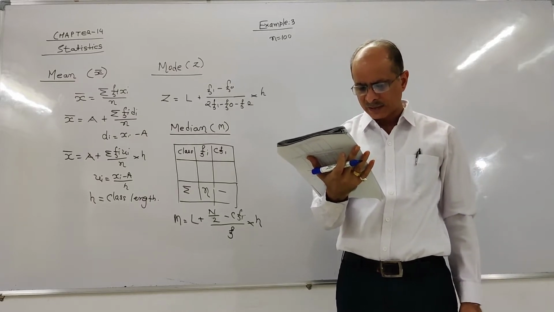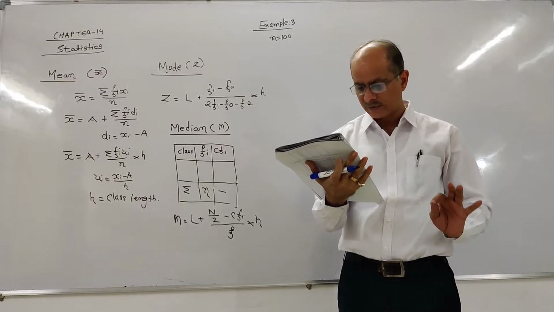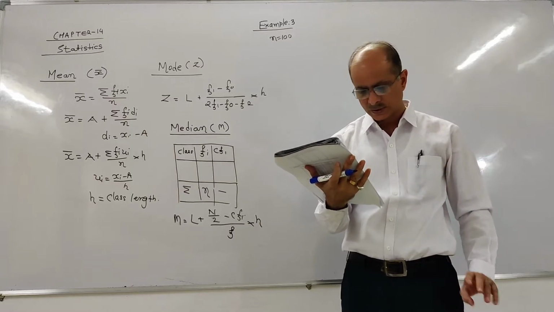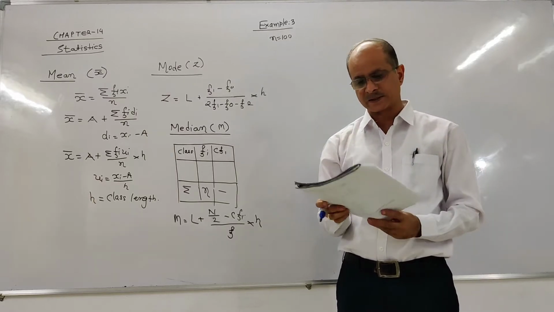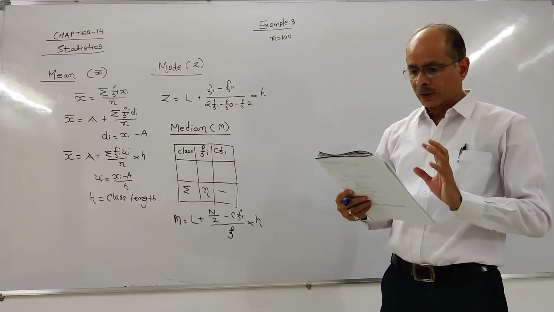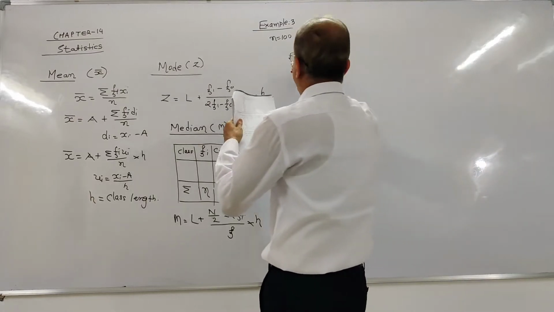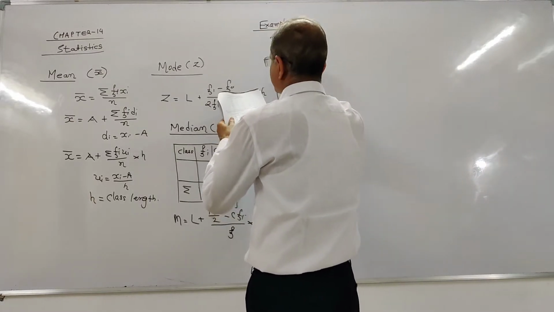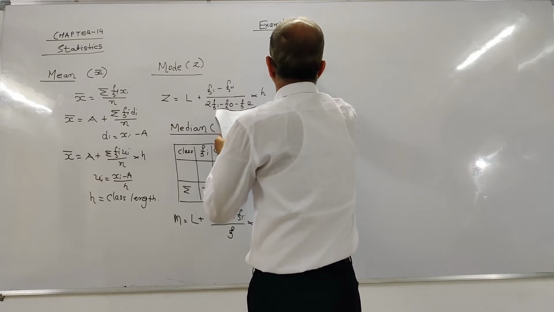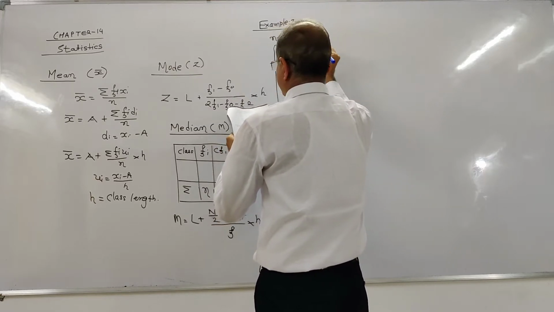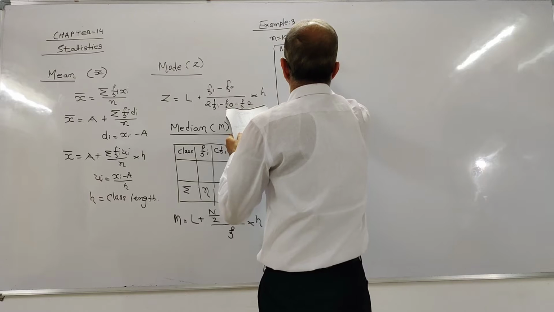Calculate the median age. Here you have to find the median age, if policies are given only to persons having age 18 years onwards but less than 60 years. Well, here one table is given to you. Let me draw the table first. Here the first column is age in years.